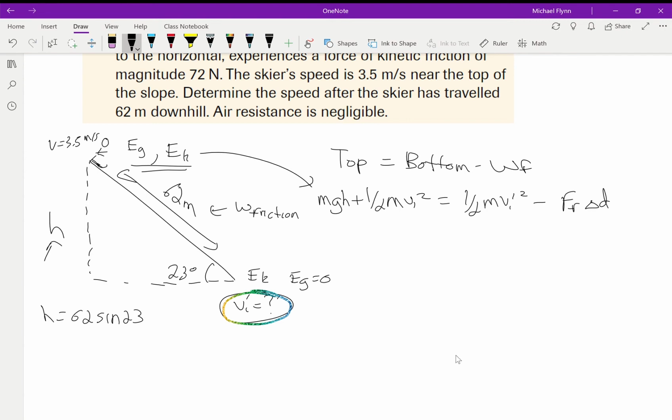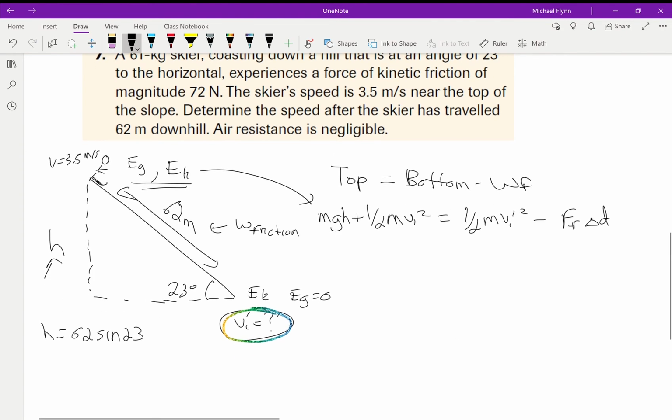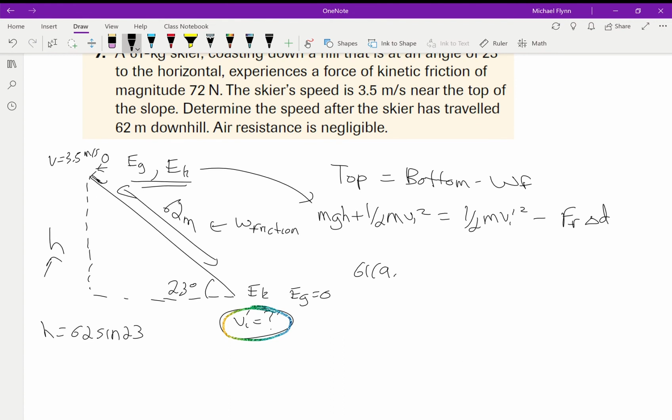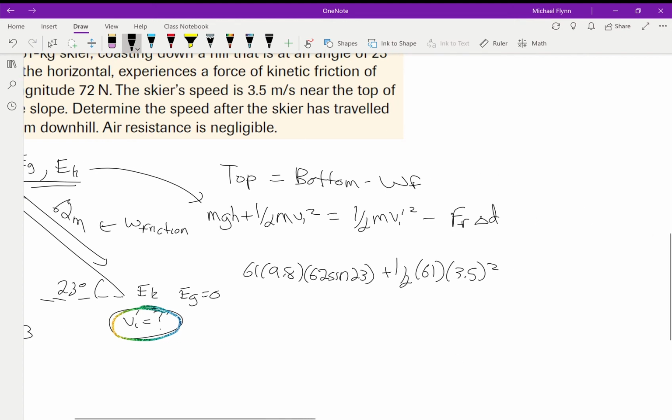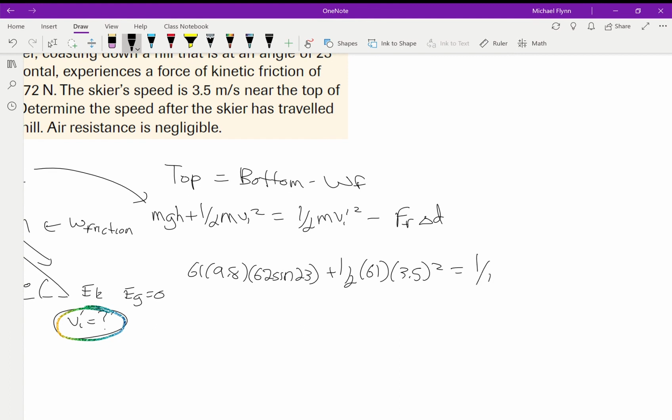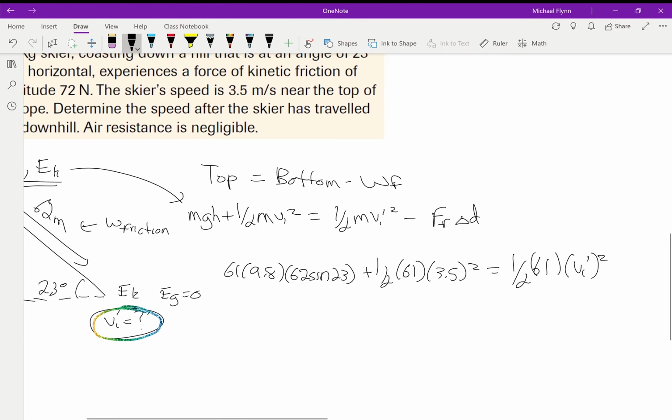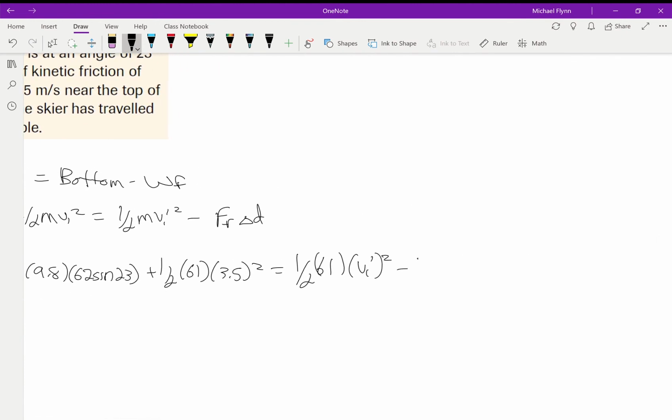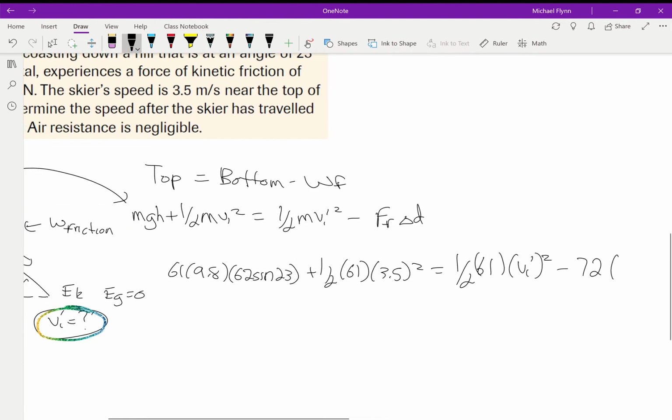All right, so now we're just going to plug in our numbers. The skier's mass is 61, so it's 61 times 9.8 times 62 times the sine of 23, plus, there's going to be a lot of numbers here, plus 1/2 times 61 times 3.5 squared, okay, equals 1/2 times 61 times v1 prime squared, like that. And then they tell us the force of friction is 72, so it's going to be minus 72 times the distance down the slope,